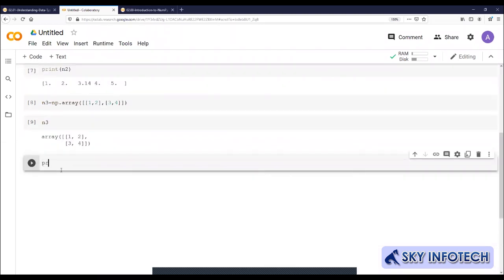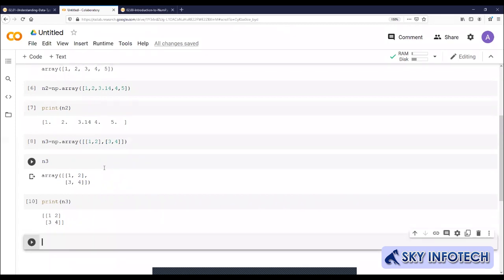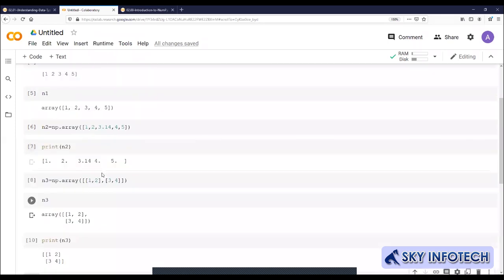See how different it is. Sir, one doubt, sir. Please. Sir, where do we use the float, sir? Actually, we only import NumPy, no? Sir, please show the n2 array. 3.14 is the float, this is the value.